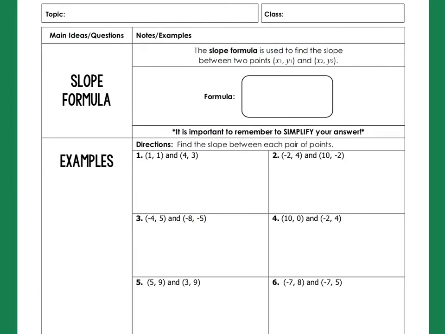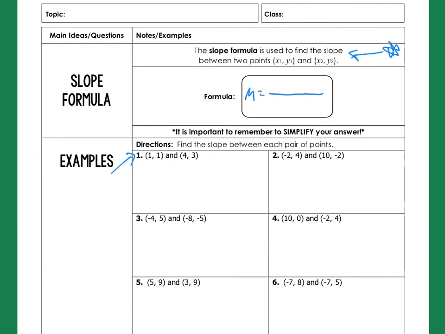Aside from looking for slope on a graph, we actually have a formula. And I want to point out this fact here. The slope formula, and I call this key, the slope formula is used to find the slope between 2 points. That is important to know. It's not whether or not we've been given a graph. Sometimes we're just given 2 points, as you see in like example 1. And it's important for you to know that there's a way that we can calculate slope given just the points. And it goes like this. The formula for this